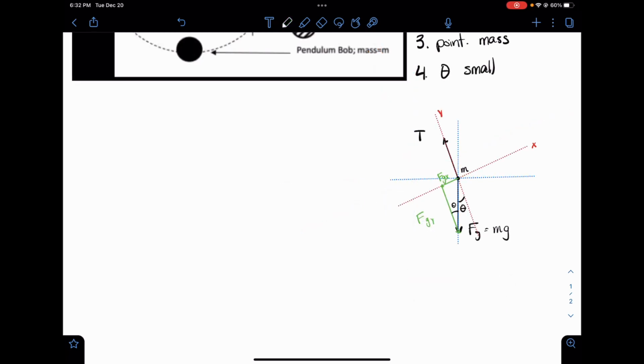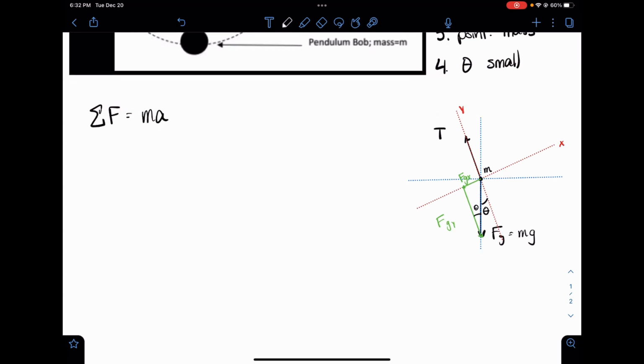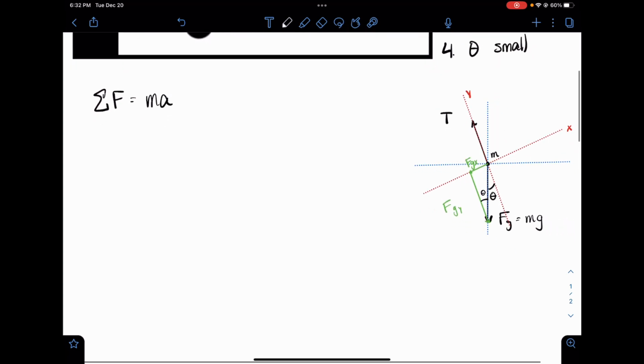Next, we can draw out our force equation. So we know that the sum of any force equals mass times acceleration. So if we look in our y direction, our red y direction,